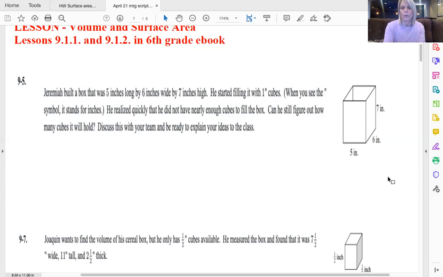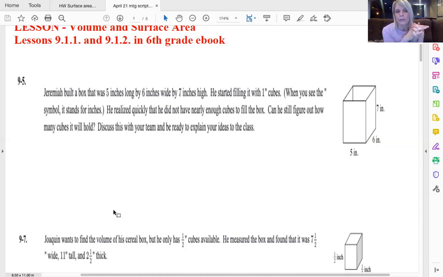So what you would do for this is you're going to use that volume formula of length times width times height, or base times width times height, either way, across the front, across the side, and then the side, the length of it, and then you can look at the height. So when you do those 3 measurements together by multiplying,